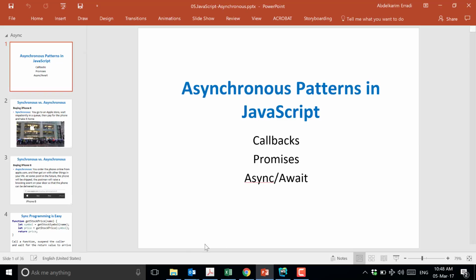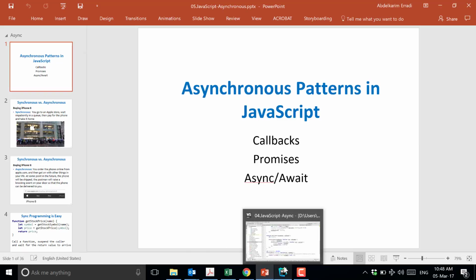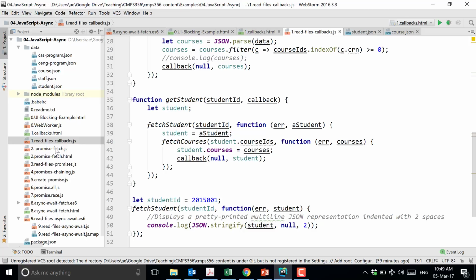So let me just show you, the last thing I want to show you is the concept of a promise. A promise, like in the real world, somebody promises you something. And then you take that promise, and when it materializes, when it becomes true, you carry on some other activities. So a function, instead of returning a value, can return you a promise. And then when the promise gets resolved or becomes real, you can do some action based on that. So let me show you how these promises look in JavaScript.